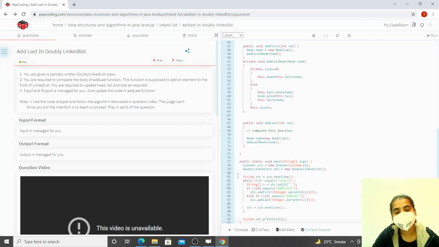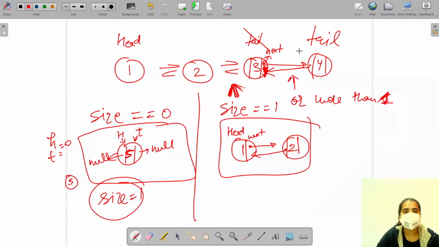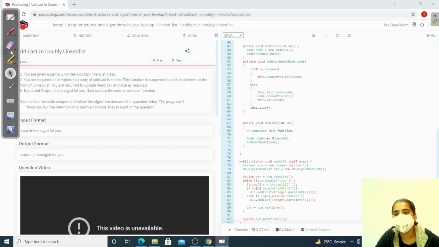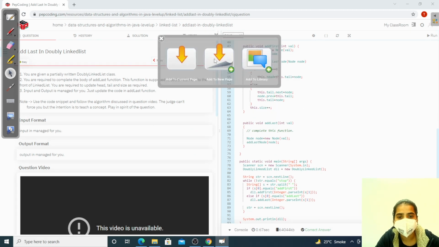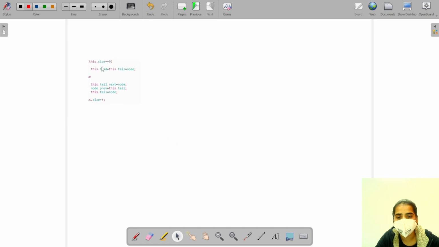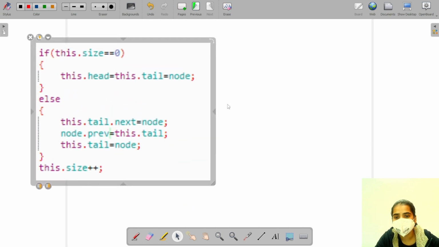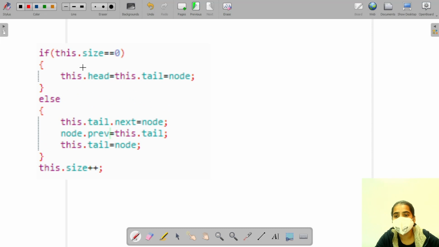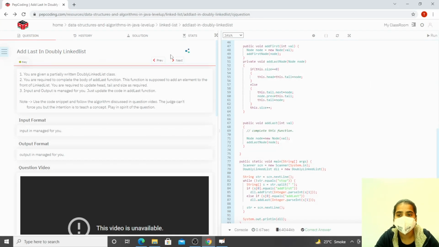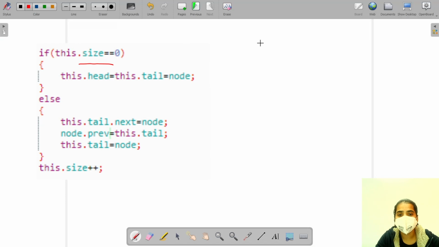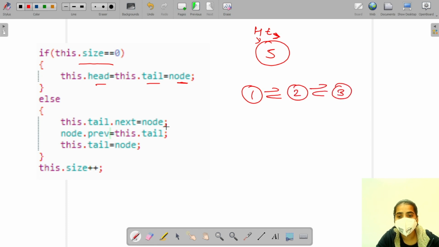So I hope you have understood what we have done here. Okay, so let's try to dry run it one more time. This is my code, right? Initially, if size is 0, then simply the node which I want to add, head and tail will denote that node, right? If I have a given linked list and I want to add one more node,